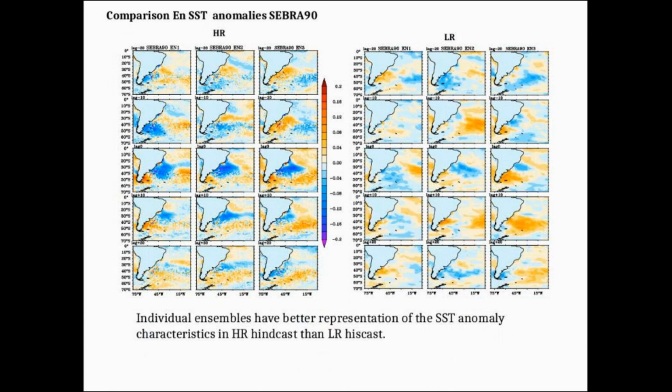So now we made a composite from these separate composites. We did an ensemble mean: we prepared the composite separately and then averaged these three ensembles. And here are the high resolution and low resolution. As I told, the magnitude is increased significantly, but we found that the high resolution and low resolution models still have a difference.